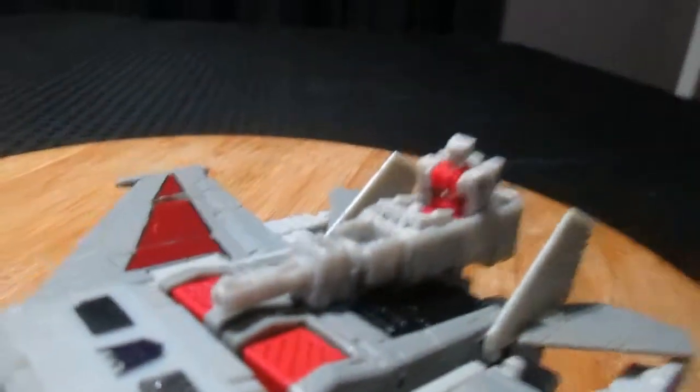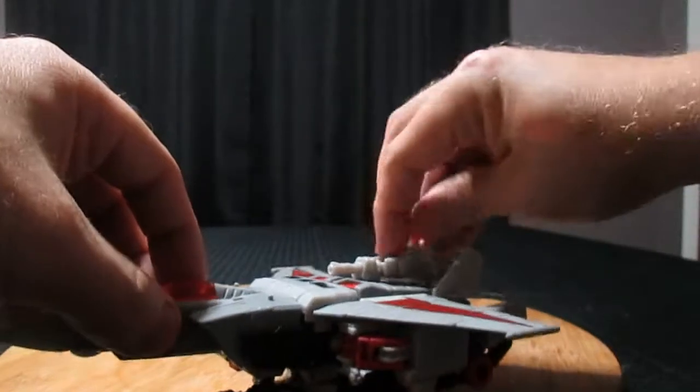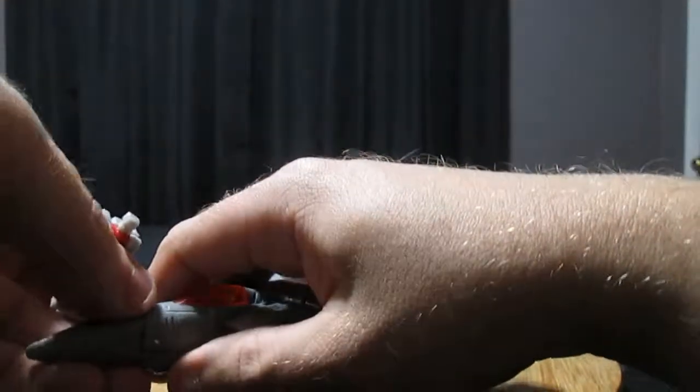There's nowhere. Okay, wait a second. Doomshot can actually sit in the jet. Basically, for Doomshot to sit in the jet, you have to basically...